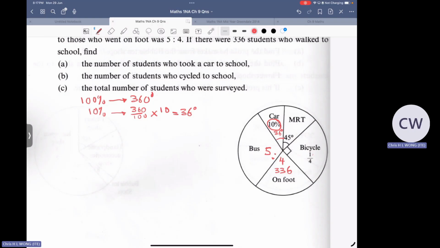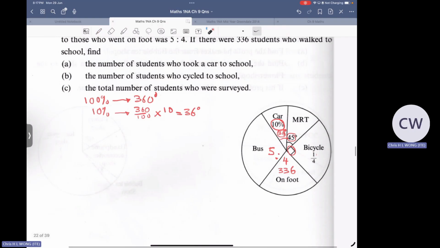I have a degree here. I have a degree here. I have a degree here. But you know when it comes to ratio, all I need to do is to find out how many degree is this. If I can find how many degree, I can relate the degree already, isn't it? Why? Because I got the parts. So I can find the degree, right? Yeah, I got the parts.